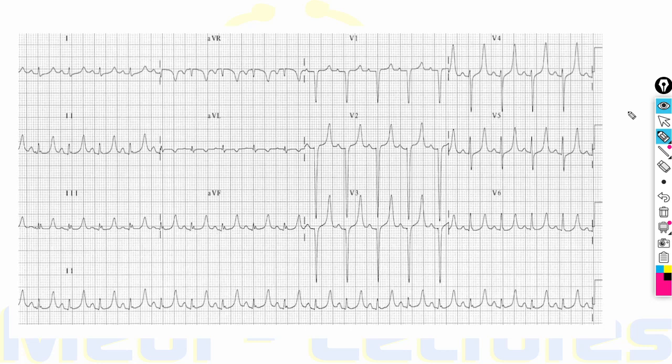Now, based on this ECG, let's figure out what must be the potassium levels in the blood of this patient. So, first of all, we have to identify what changes are seen in this patient. There are tall peaked T waves. Now let us see whether the P waves are present or not. The P waves are present. The QRS is normal and there is no sine wave pattern. So there are only tall peaked T waves. So the blood potassium levels must be between 5.5 to 6.5.